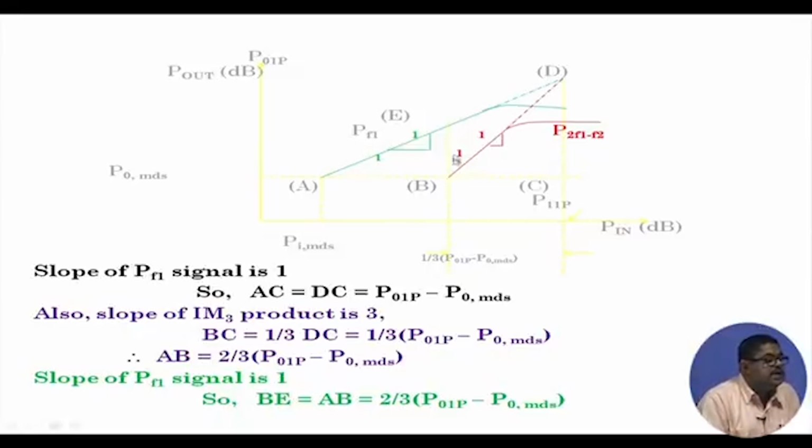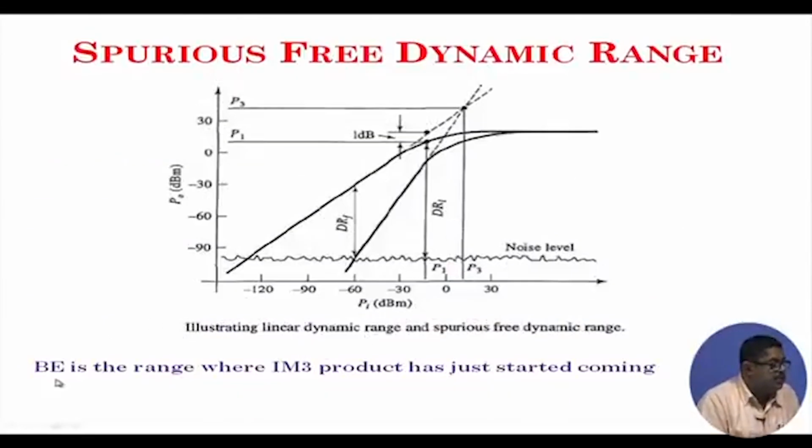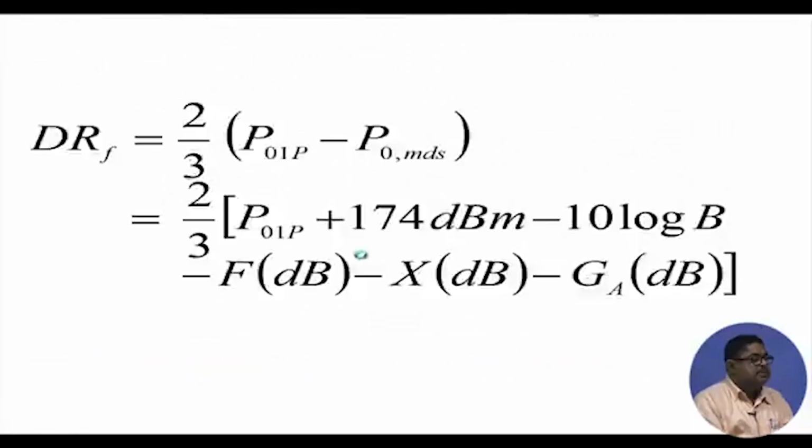So, this is the range where the third order intercept point is coming. That is what I am saying. B is the range where the IMD product has just started coming. So, I now know that this is the range that I should avoid, because now the third order intercept point is coming, so I should stop. That means I do not need to go up to the 1 dB gain compression point. I need to see that when this third order intercept point has started coming up, then I need to stop, and that is